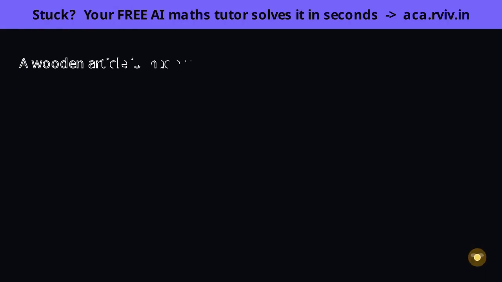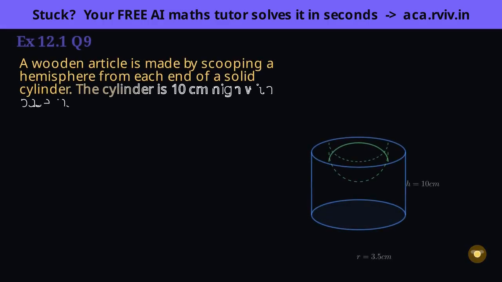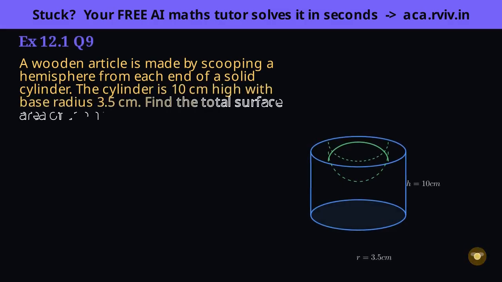Two bowls carved into the two ends of a log, the walls stay, and each scooped end becomes a hemispherical hollow. The two hollows again make one sphere. Both flat ends of the cylinder are scooped away into bowls, so trace the surface. The cylinder's curved wall is still there, and at each end, in place of a flat circle, there's now a hemispherical hollow. So no flat circles survive at all, just the wall plus two hemispherical hollows. And two hemispheres of equal radius, as we keep seeing, make one whole sphere.